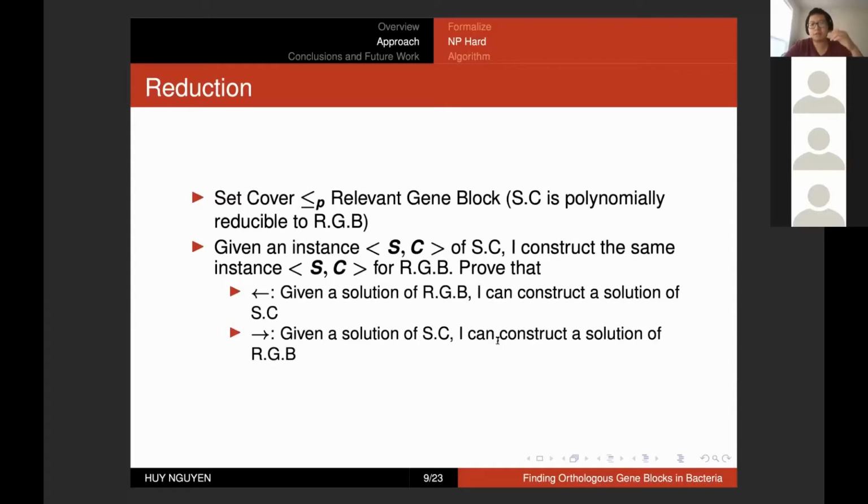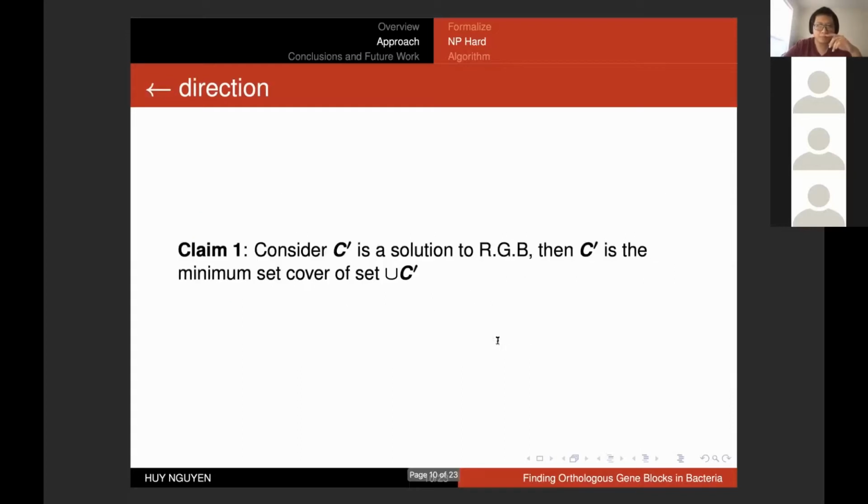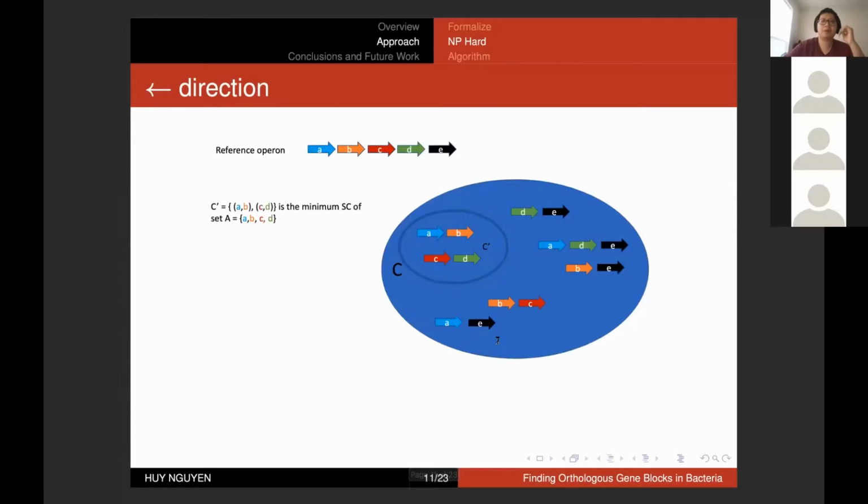And given a solution of the set cover, I can construct a solution of the relevant gene block. For the left-hand side direction, the first claim is that if C prime is a solution to the relevant gene block, then C prime by itself would be the minimum set cover of the union of C prime. So for example, given a reference operon A, B, C, D, E,